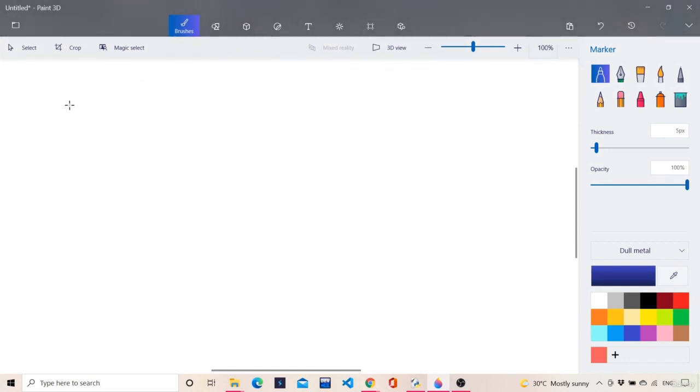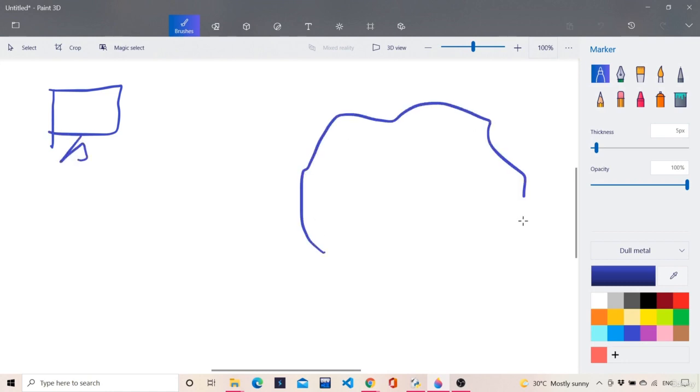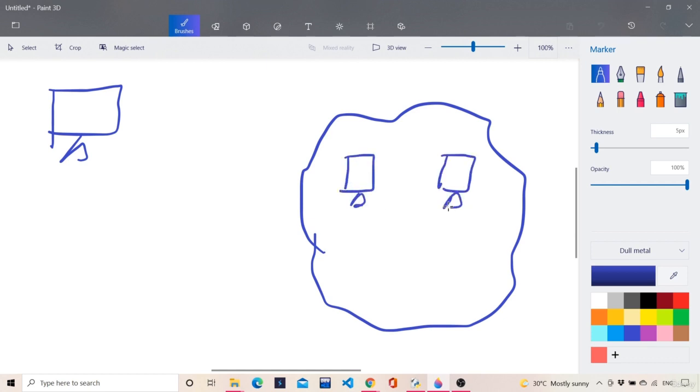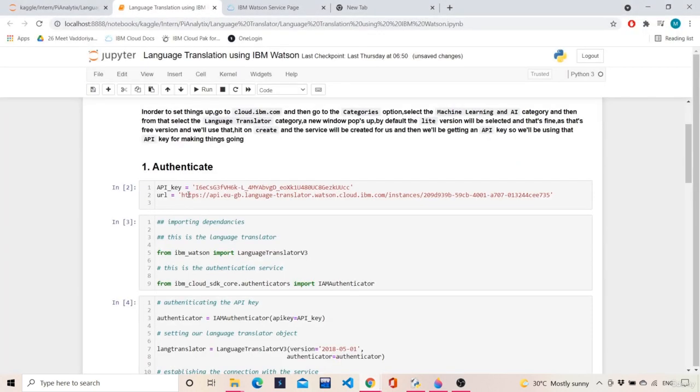Okay, so what actually is happening in the background is, we are over here at our local machine, and there is this cloud of IBM which consists of many systems which are related together, right? There are many systems which are performing some kind of actions. So now we want to make a request from our system of the language translator to some XYZ system in the cloud. So for getting it, we use the medium of URL. Okay, so that is why this URL was required.